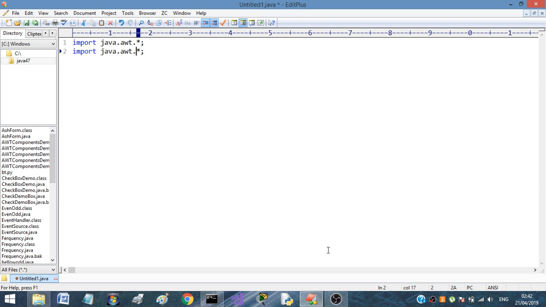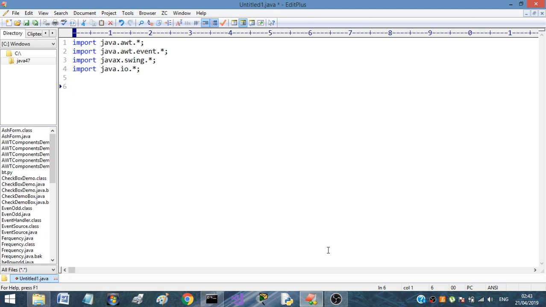Then import java.awt.event.*; then import javax.swing.*; and import java.io.*;